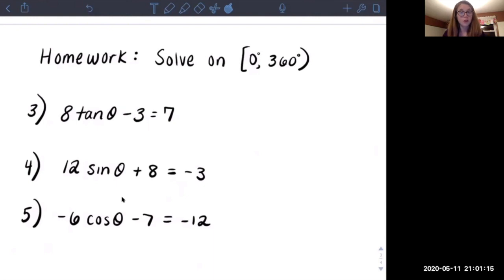You'll know that you're getting the right types of answers if you're getting answers like 47 degrees rather than an answer like 0.46. That would probably be an answer in radians. It would need